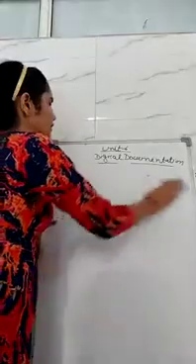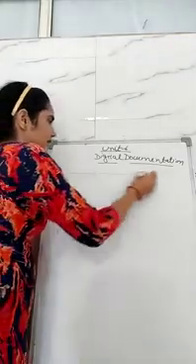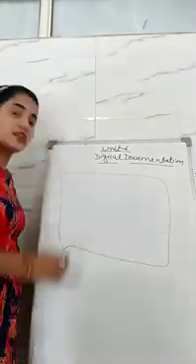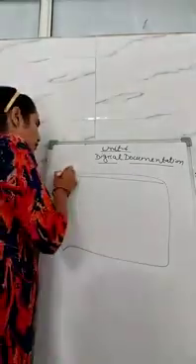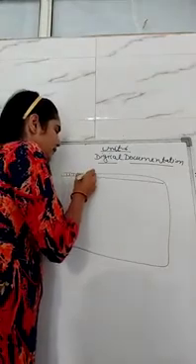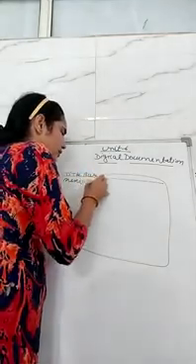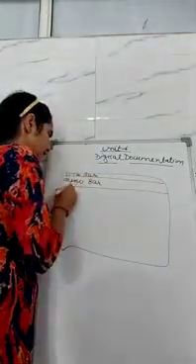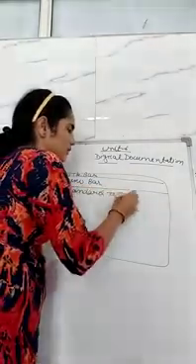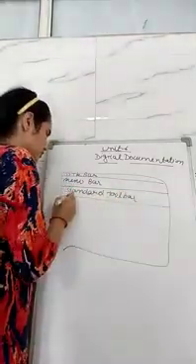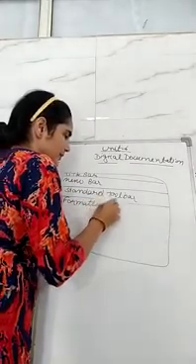When we click on the LibreOffice Writer, a screen will appear in front of us that is called the LibreOffice Writer screen. In this screen, the first bar is called the title bar. What do we call it? Title bar. After the title bar, the next bar is the menu bar. Menu bar. After this, there is a standard toolbar. After the standard toolbar, one more toolbar is there, that is called the formatting toolbar.